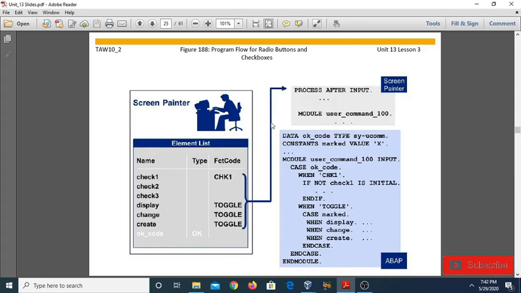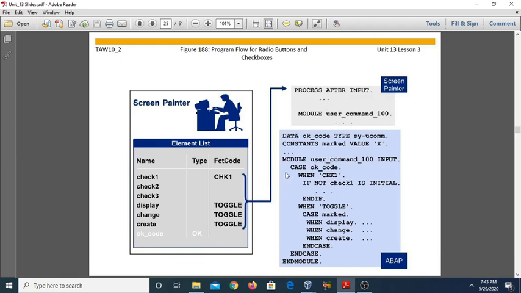Now this is an example program of the radio buttons and checkboxes. You can see the number of elements you have created, like checkboxes and the radio button group, which you can use in your program. The module that works behind this is PAI, that is process after input. That means, after the user gives input, such as selecting any checkbox, what will happen. So we need to define all of the functioning of the checkboxes in a PAI module. As you can see, this is a PAI module.